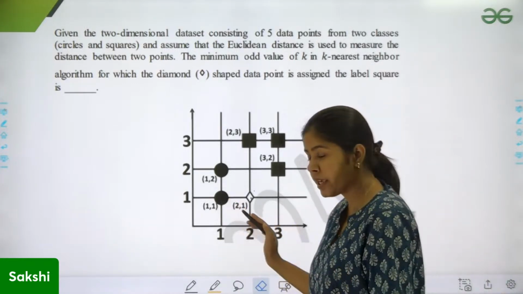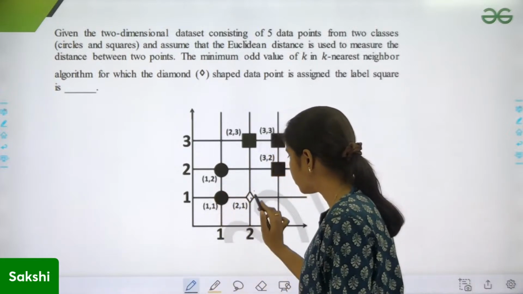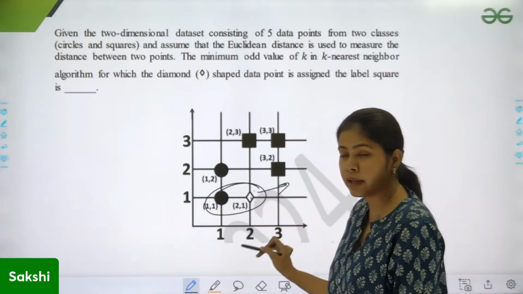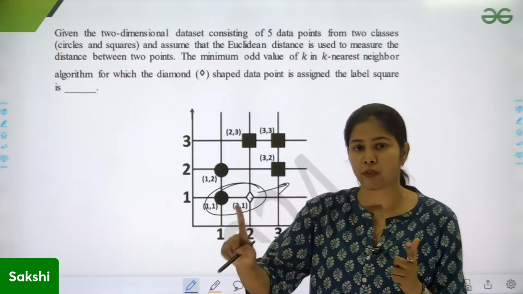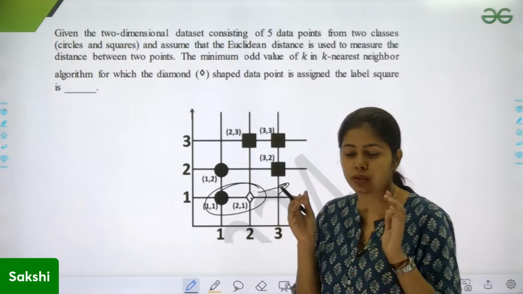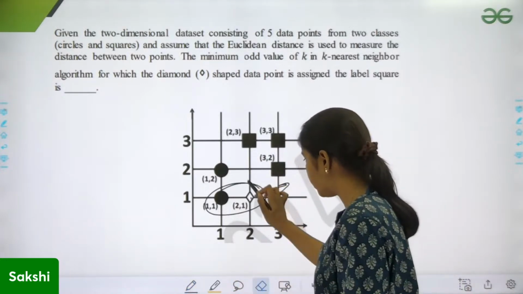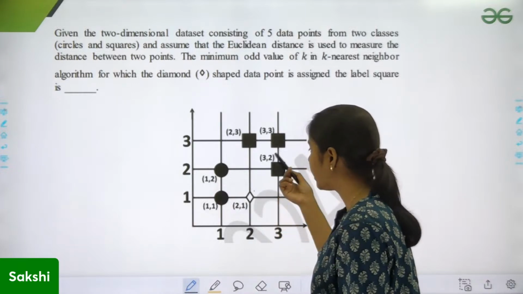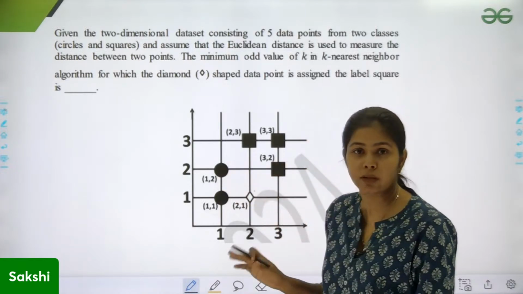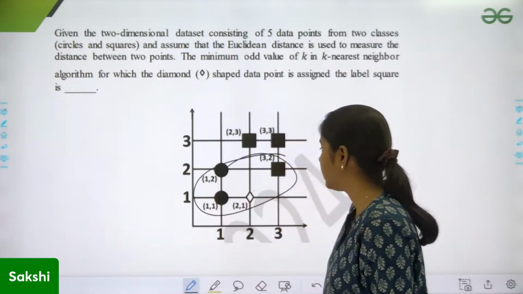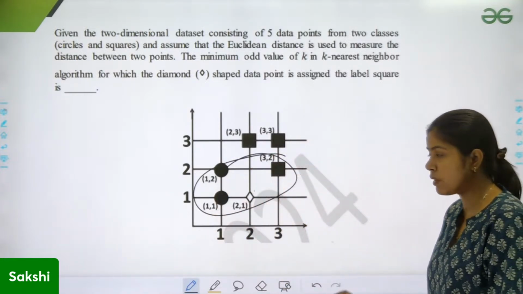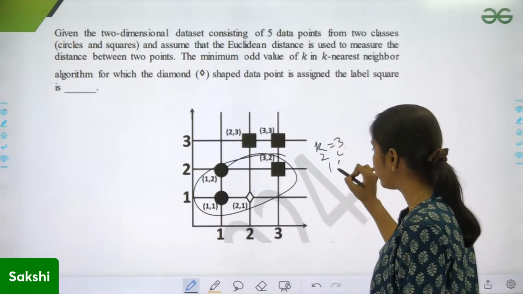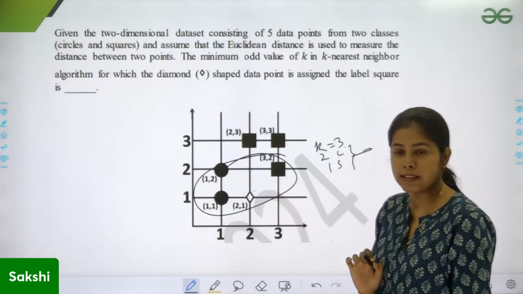देखो, सबसे पहले अगर के की एक वैल्यू लेते हो तो क्या आएगा, ऐसे सोचो। के की एक वैल्यू ली तो ये नियरेस्ट नेबर है, ऑब्वियसली। एक नियरेस्ट नेबर लिया, इसमें मैंने देखा कि वो पॉइंट कैसे क्लासिफाई हो रहा है, सर्कल, तो इस पॉइंट पे सर्कल क्लासिफाई हो जाएगा, तो दैट मीन्स इट्स नॉट वर्किंग। मैं क्या करूंगी, इंक्रीज करूंगी वैल्यू ऑफ के। के को 2 ले लिया, तो 2 लेंगे तो मैं क्लासिफाई नहीं कर सकती, क्योंकि ये भी पॉइंट आ रहा है, ये भी पॉइंट आ रहा है, तो के को 3 ले लो। 3 लिया तो ये तीनों पॉइंट आ गए। इस केस में भी 2 सर्कल्स हैं और 1 स्क्वायर है। अभी भी अगर मैं क्लासिफाई करूं तो ये पॉइंट सर्कल ही क्लासिफाई होगा।